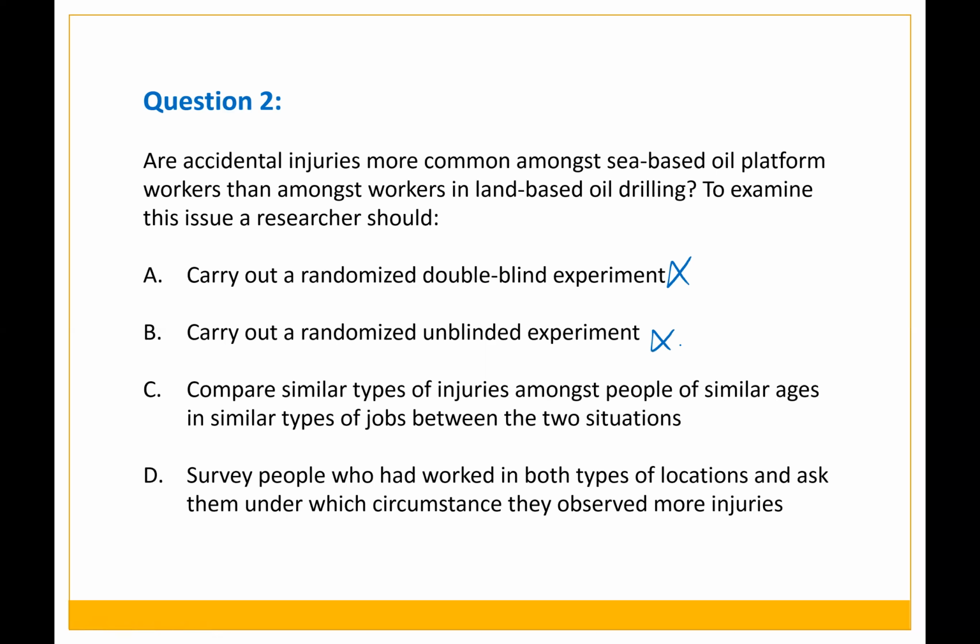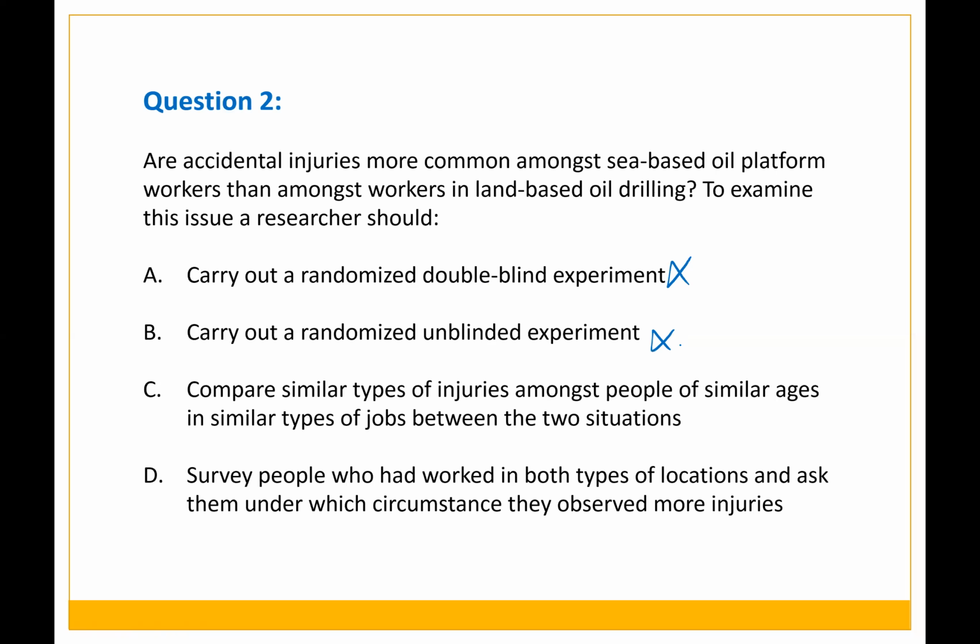Now, we only have C and D. C: Compare similar types of injuries amongst people of similar age in similar types of jobs between the two situations. I don't know, it's a so-so for this one. D: Survey people who have worked in both types of locations and ask them under which circumstances they observe more